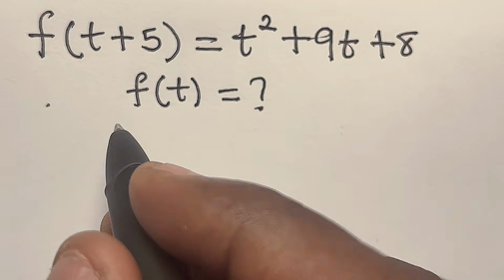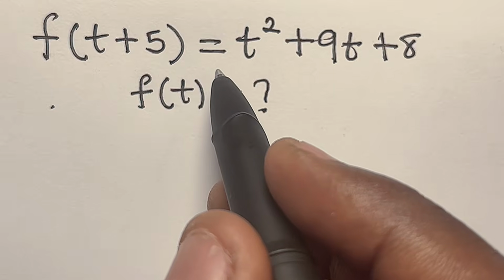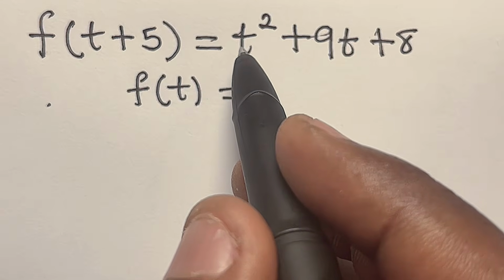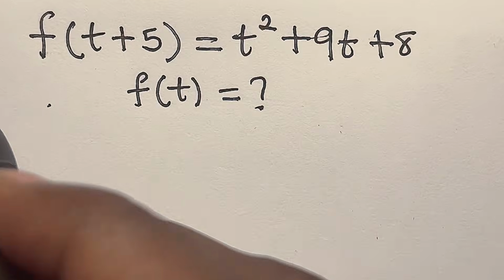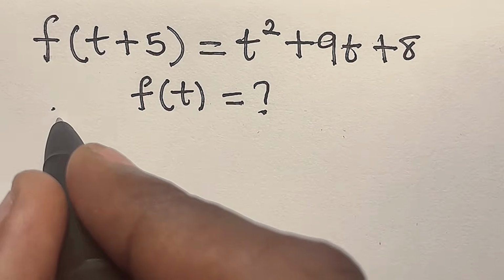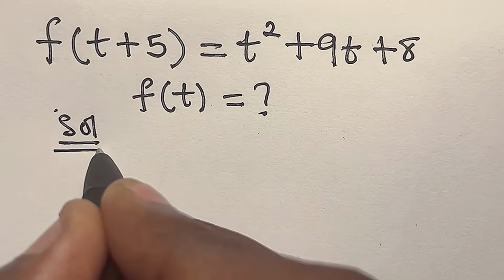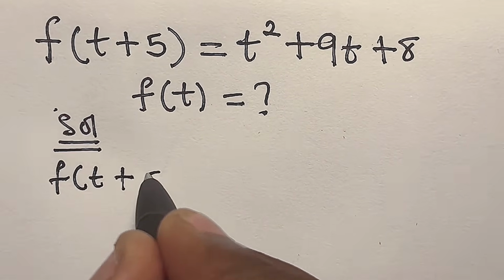Hi, we want to solve for f of t in f of t plus 5 equals t squared plus 9t plus 8. Do you know this question even stumbles first-year students? But let's solve this together. So let's say, solution. We have f of t plus 5